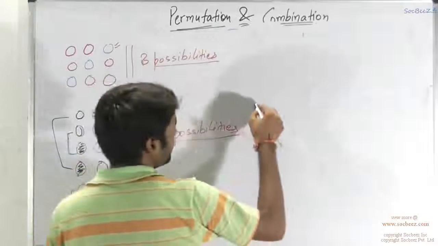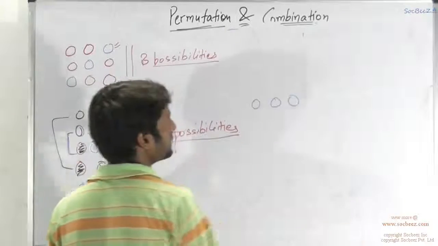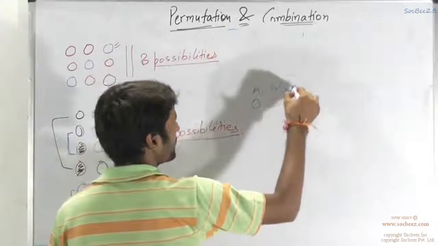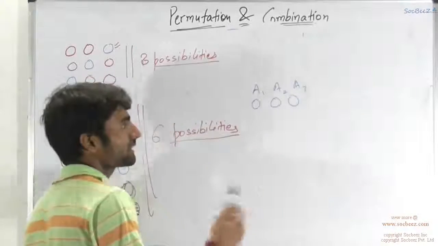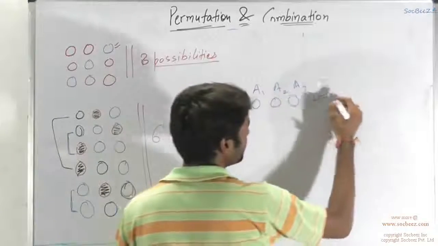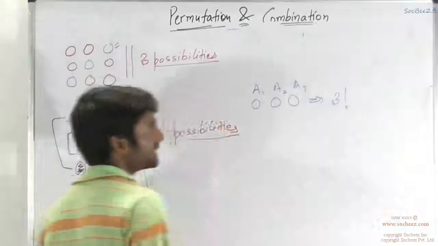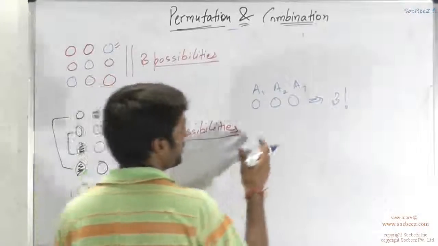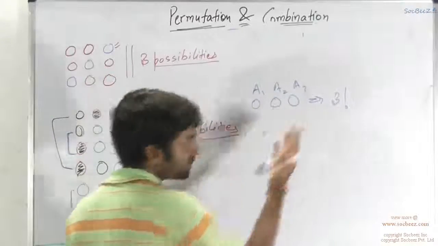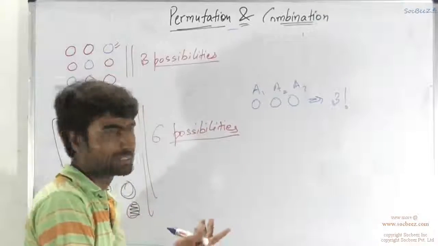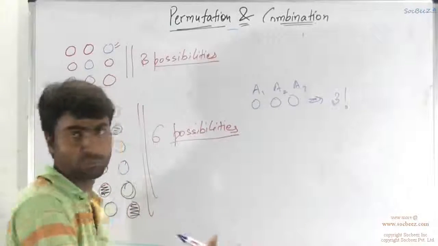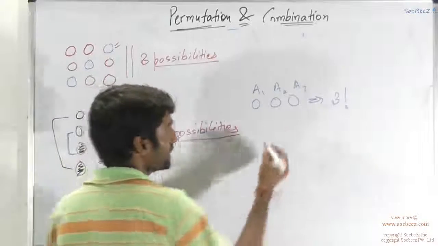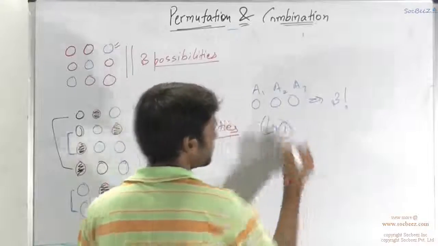So if I say these 3 things are different, this is A1, A2, A3. How many ways can you arrange them in a row? That is 3 factorial. If I say these all are same, these all look the same, what does that mean? This is also blue, this is also blue, this is also blue. So how many ways can you arrange it? It's only one, because all of them are blue. You can't distinguish which one is ahead of them, which one is behind of them. So you say there is only one case.